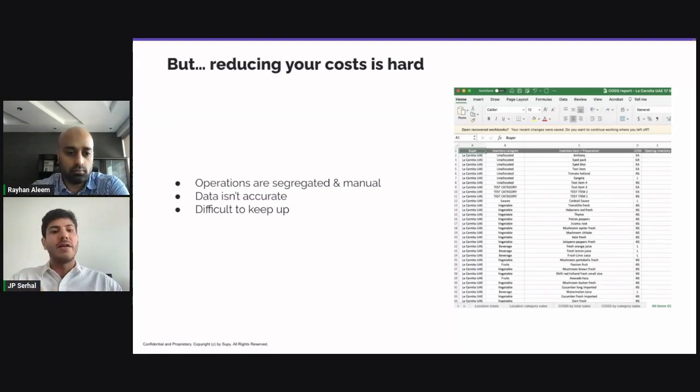Imagine you receive 10 invoices every day. Registering an invoice can be quite a time consuming task if you don't have a tool that is specifically designed for it. And so it becomes very difficult to keep up with all of that data that you have to manage. And a bunch of businesses, unsurprisingly, use Excel to do all of that. So the question you should ask yourself is, are you willing to continue managing your business in Excel? Very manual, very prone to human errors, and not scalable. So this is why reducing your costs is very hard.